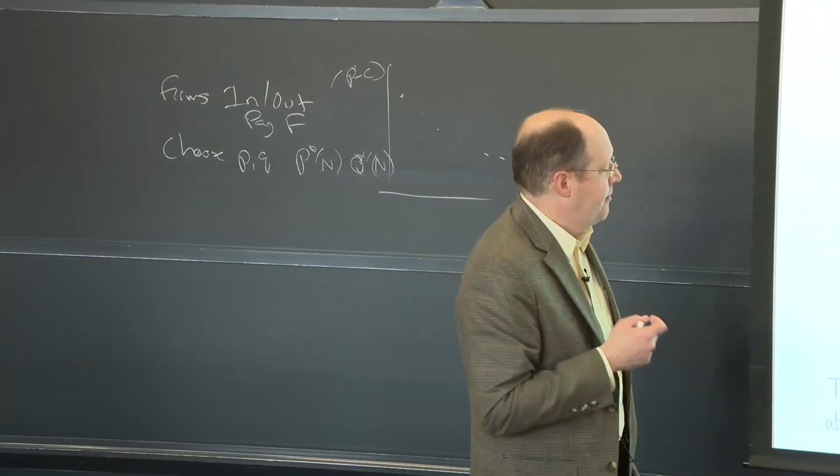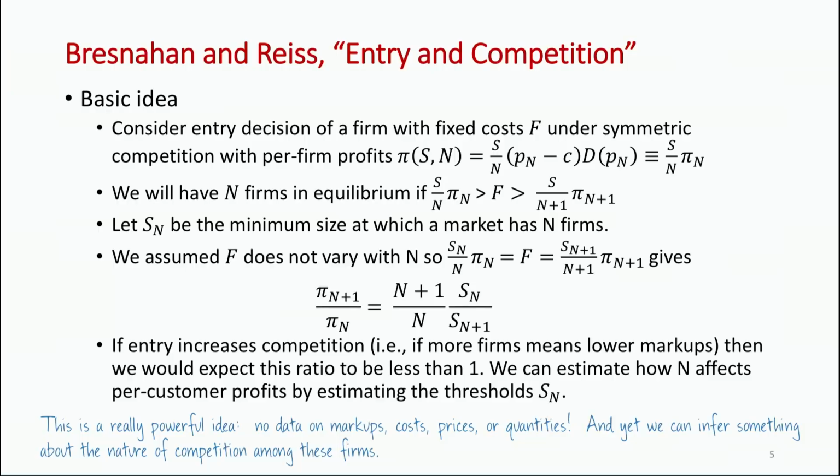The basic thing the paper then tries to do is say, if we can observe the number of firms in a large cross section of markets, that gives us a means to estimate profit levels without any data on prices or on costs or on demand.